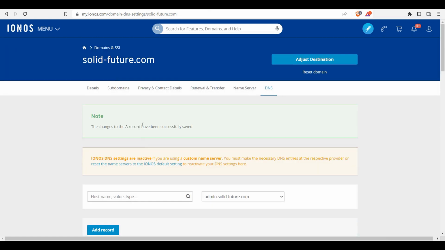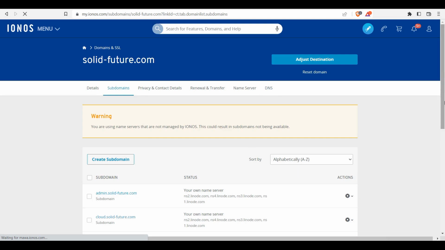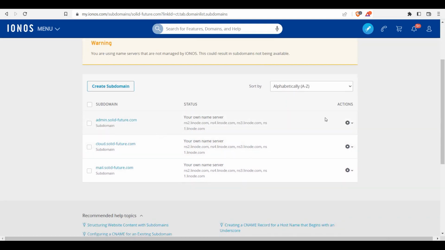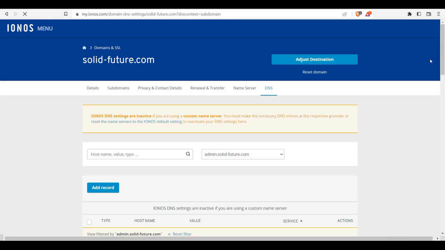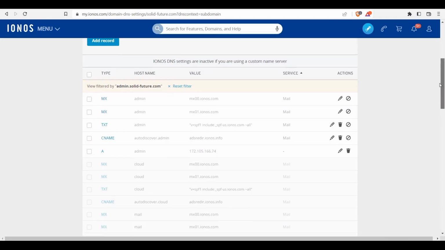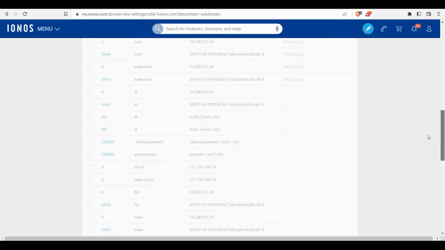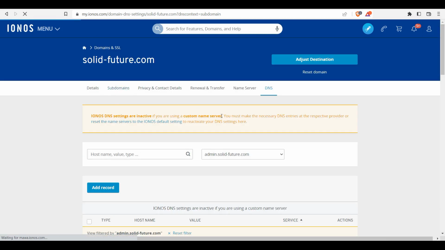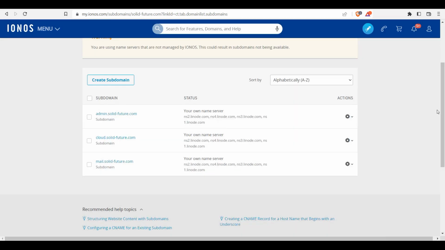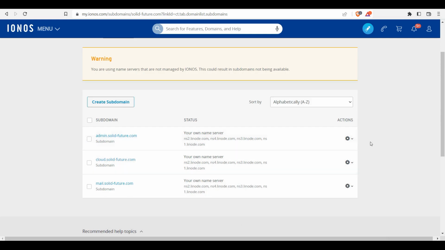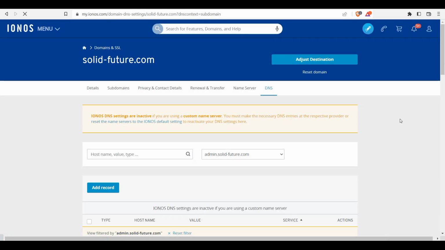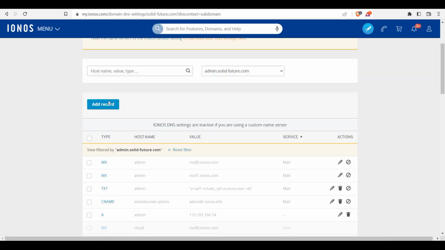Where is that? Let's go to our subdomain again in case you encounter this problem. Admin, DNS, A record working perfectly, but the other A record. So when you get to this point, which rarely happens, this is one of the things that I was telling you. Sometimes it misbehaves when you try to do it within a certain time. So we can add a record,